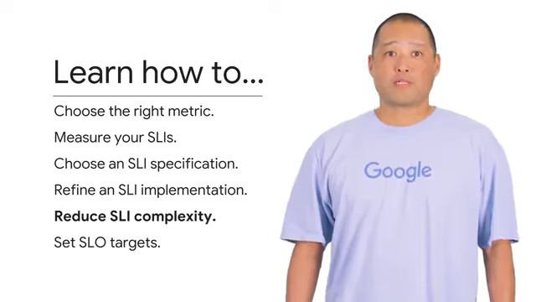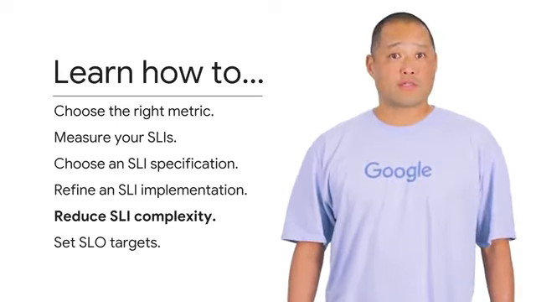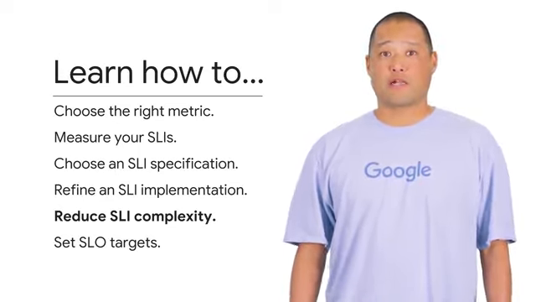One of the major challenges of specifying SLIs in the real world is service complexity. Your service may be composed of tens of microservices and have hundreds of HTTP or RPC endpoints, but having hundreds of SLIs can lead to operational paralysis and important signals being lost in the sea of noise. We'll go into some strategies you can use to manage this complexity and avoid having hundreds of SLIs.